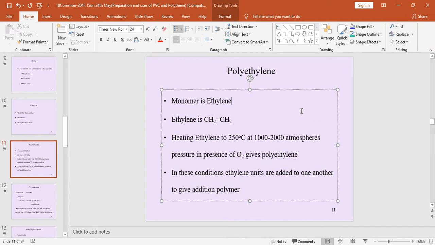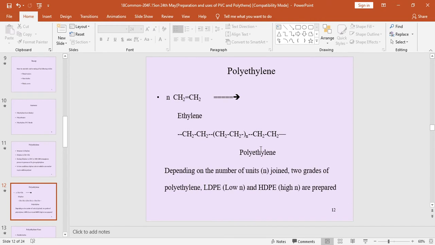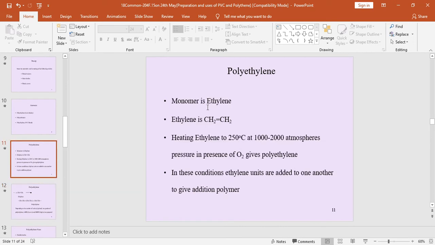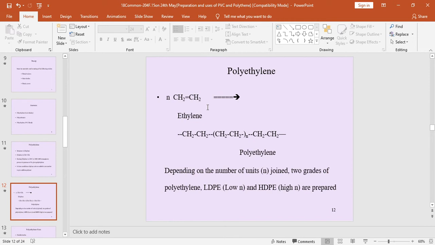Okay, this is polythene. I think you have noted it down. Right. See the chemical reaction for polythene. You already know the monomer is ethylene. So polymer preparation is n, where I am taking n as the number of molecules. It may be more than 1000 or 2000, or 500, 600. We can see it in the next slide.